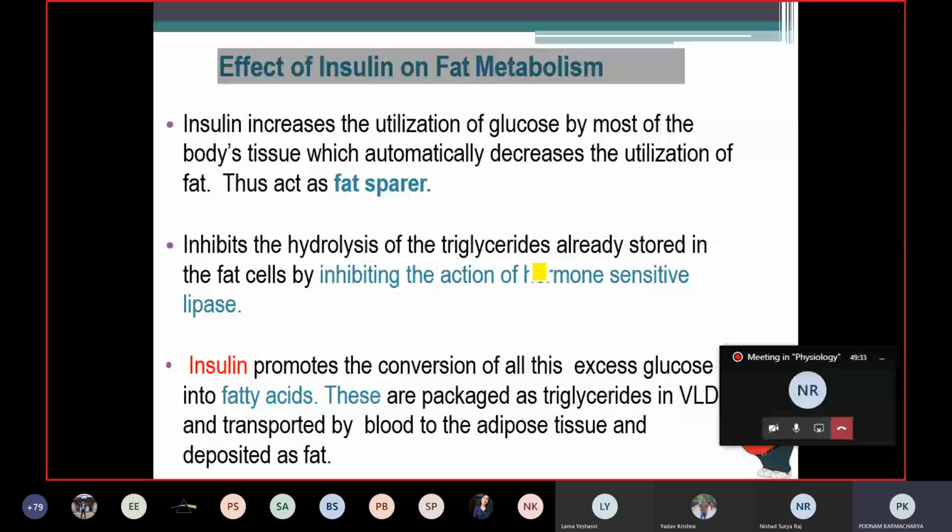Now, when the quantity of glucose entering the liver cell is more than can be stored as glycogen, insulin promotes the conversion of all this excess glucose into fatty acids. Okay, so first of all,